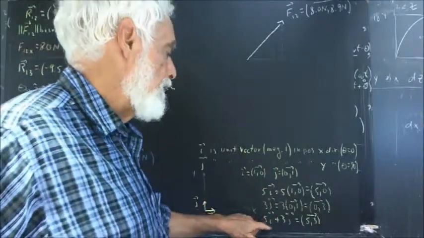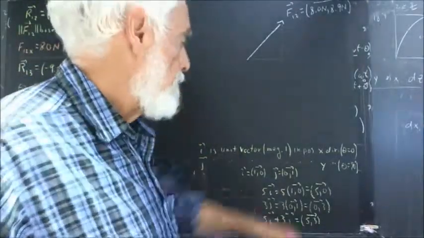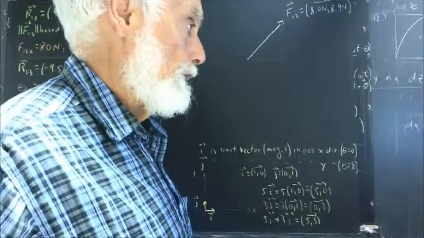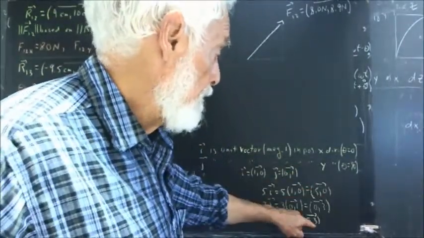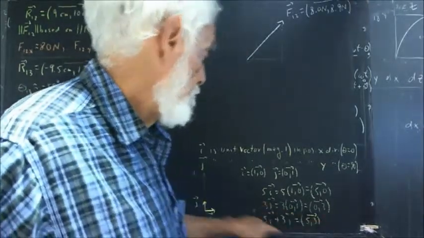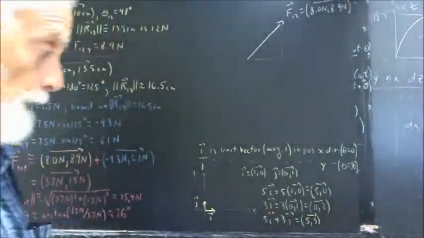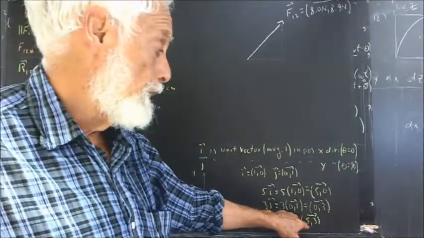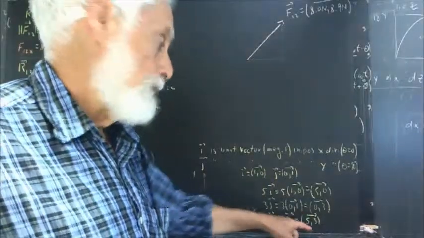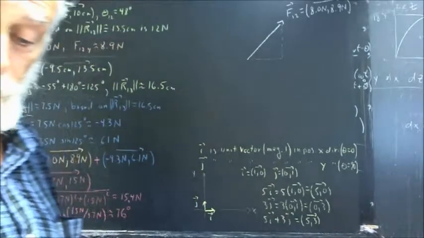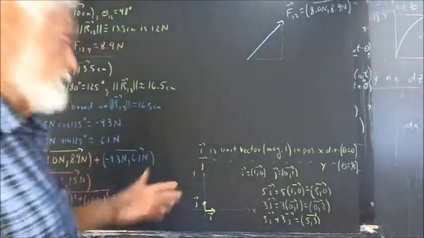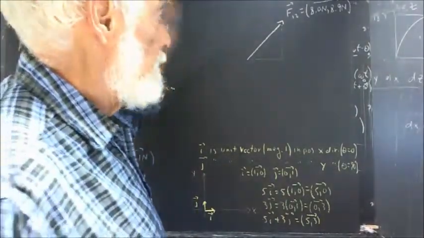So if we add 5i and 3j, we're adding (5, 0) and (0, 3). And of course, 5 plus 0 gives us 5, 0 plus 3 gives us 3. So there's our vector 5i plus 3j in the usual notation (5, 3). Now, ultimately, we're probably going to use this notation more often than we're going to use this one. But for now, okay, let's go to the discussion of